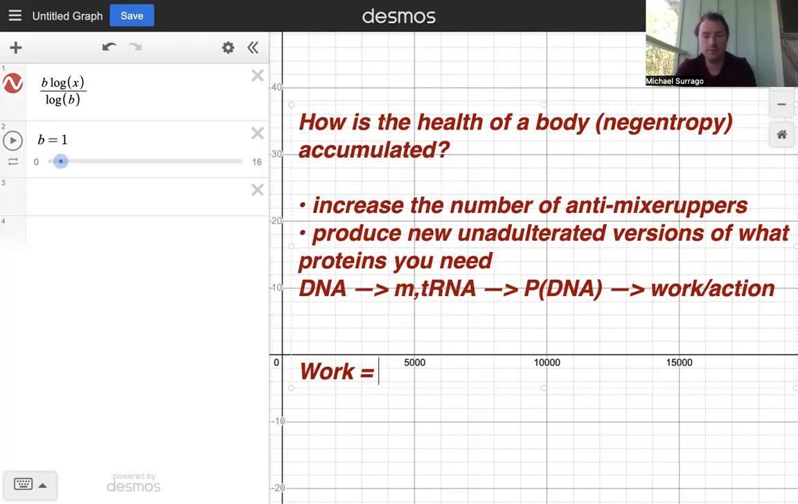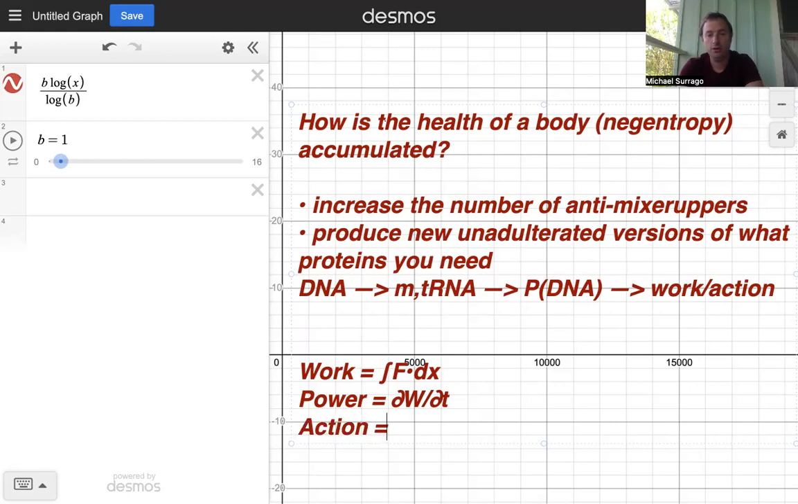Work is equal to this, and power is equal to the partial derivative of work with respect to time. And then I also want to put down that there is also the action, and that is equal to the kinetic energy minus the potential